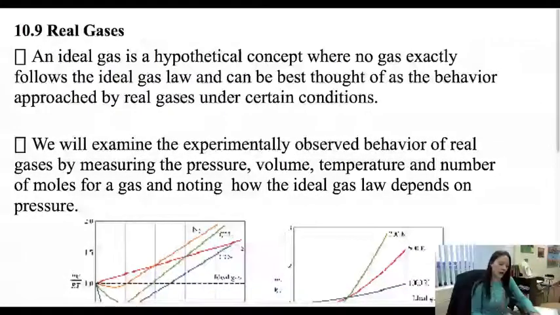All right, this is 10.9 real gases. Before, we were talking about ideal gases, and ideal gases are hypothetical, where no gas exactly follows the ideal gas law actually. But the ideal gas law deals with those 5 assumptions from the kinetic molecular theory, about gases not taking up any space and no real attractions and things like that. So those are ideal behaviors. But actually, in real life,